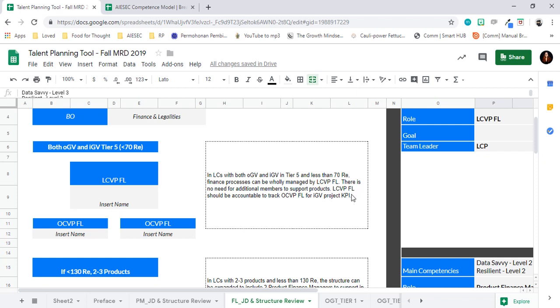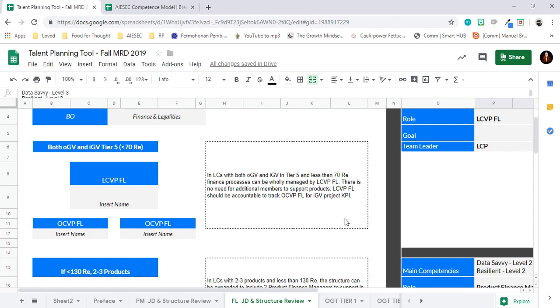This means ensuring that the IGV budgets are planned in profit and executed in profit, and for example, that the EP agreements are collected and things like that. This will be on them to achieve as well. So this is what you'll be tracking.